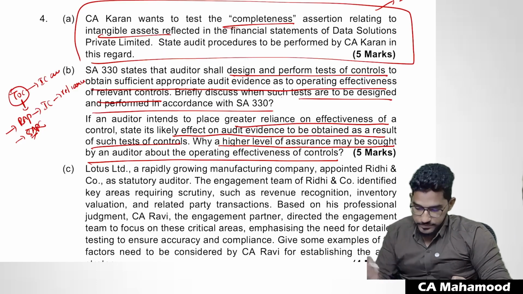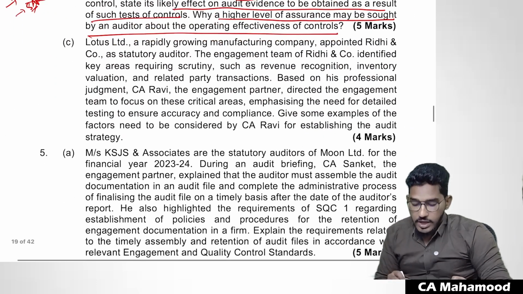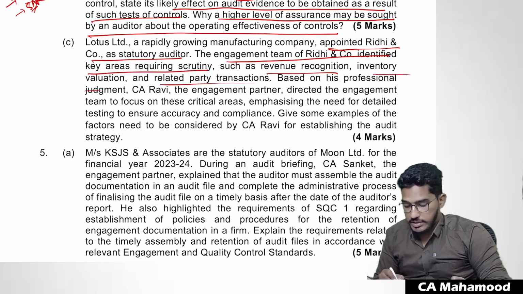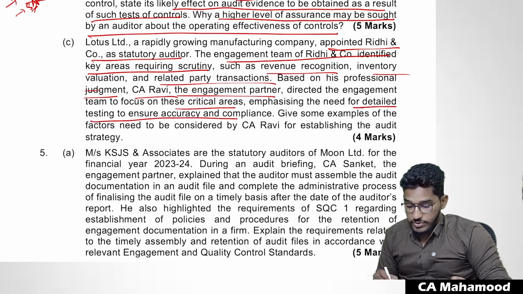Okay, right. Next. Lotus Limited, a rapidly growing manufacturing company, appointed Riddhi and Company as statutory auditor. The engagement team of Riddhi & Co. identified key areas requiring scrutiny, such as revenue recognition, inventory valuation, related party transactions. Based on his professional judgment, CA Ravi, the engagement partner, directed the engagement team to focus on these critical areas, emphasizing the need for detailed testing to ensure accuracy and compliance. Give some examples of the factors that need to be considered by CA Ravi for establishing the audit